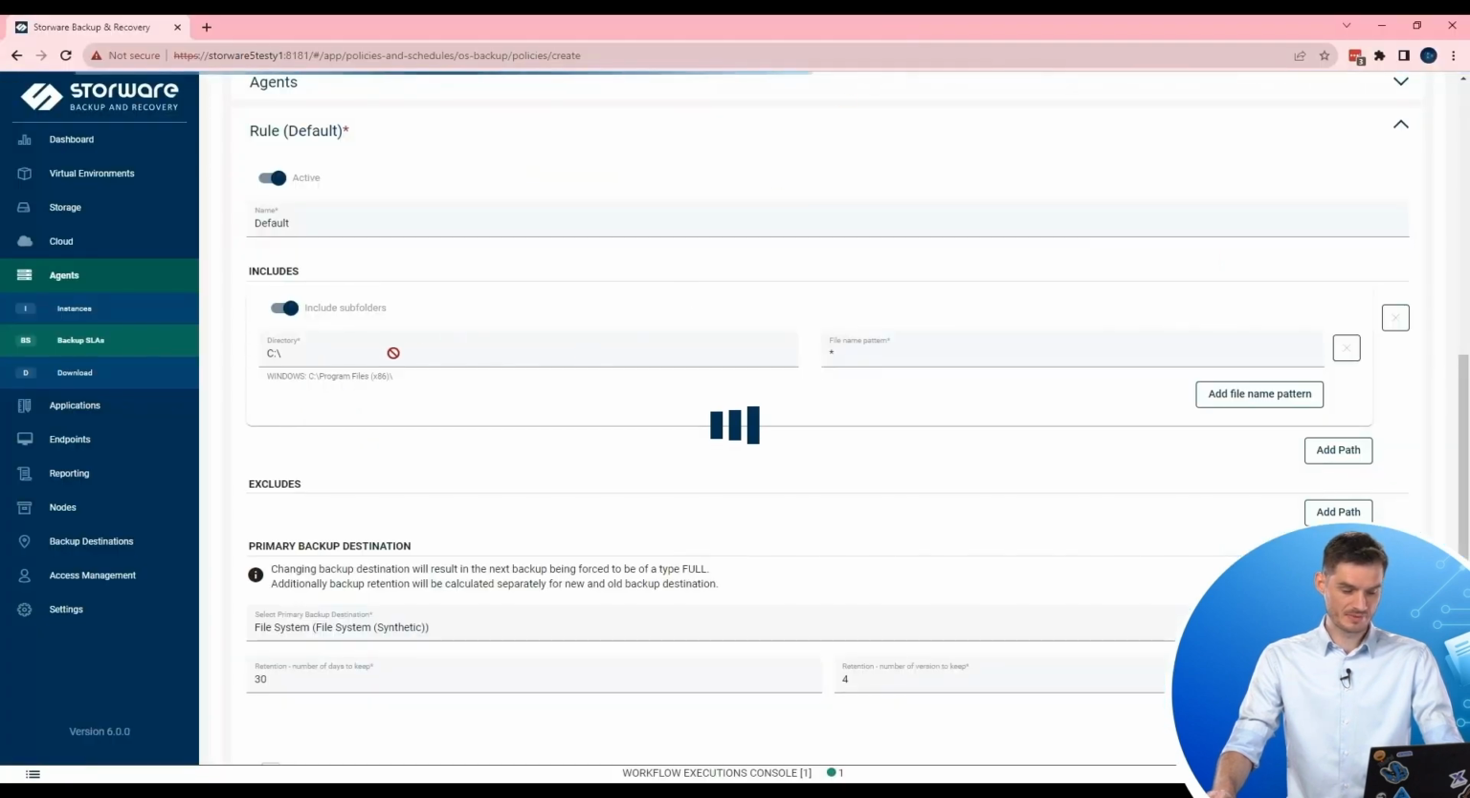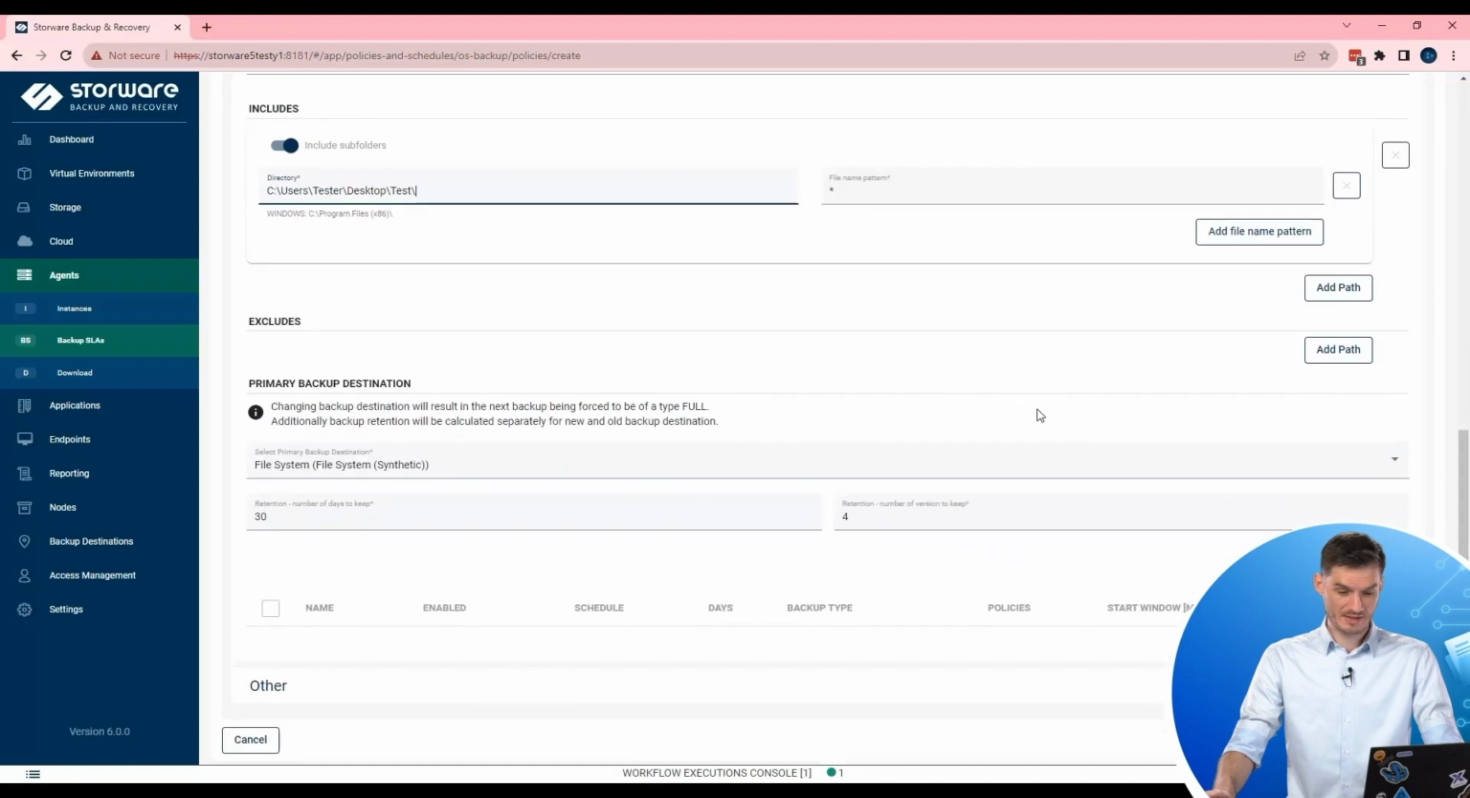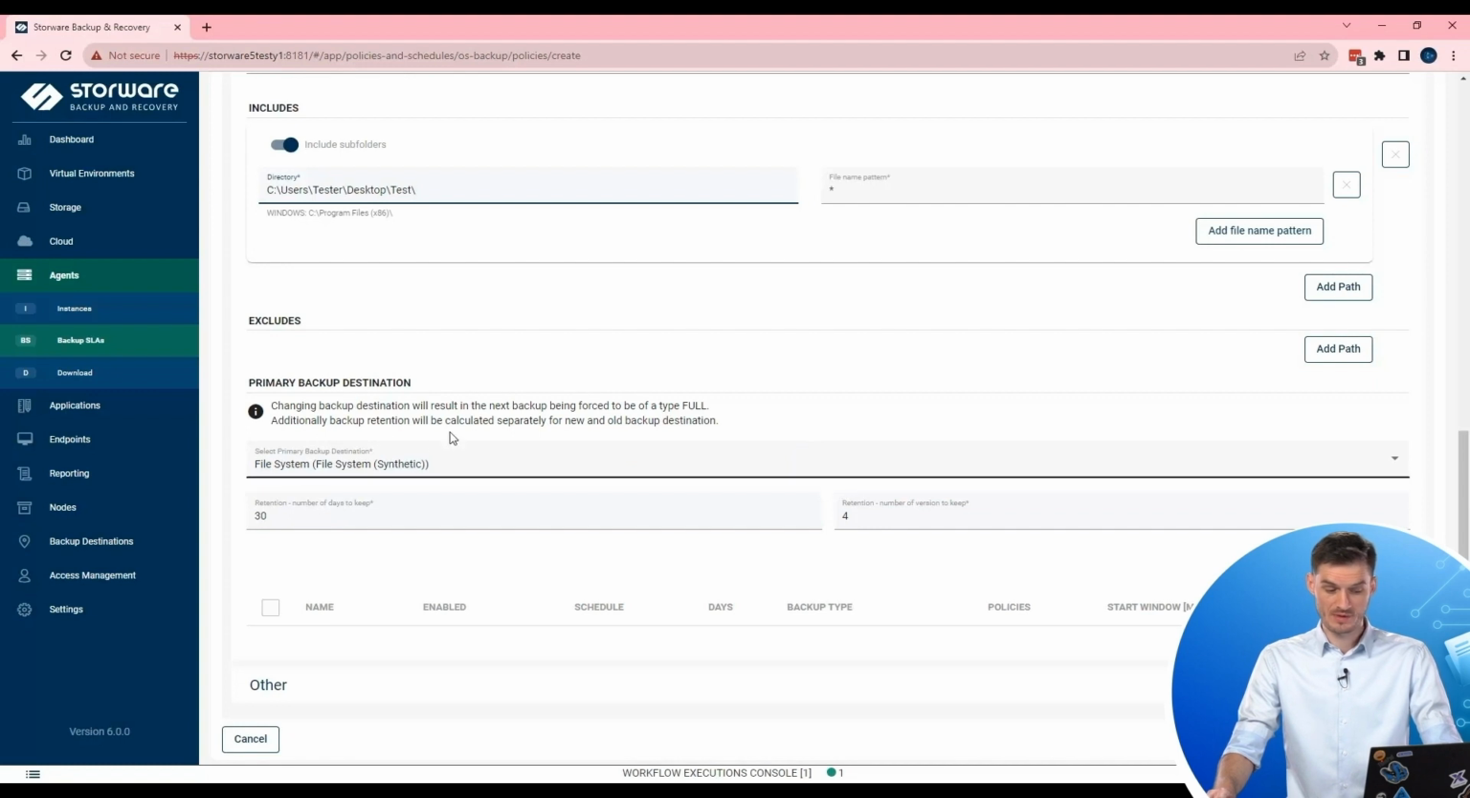Simple as that. Let's provide that path directly in the includes view. Let's finish it with the backslash. And now we need to decide where our backup will be stored. So our file system is already here, and